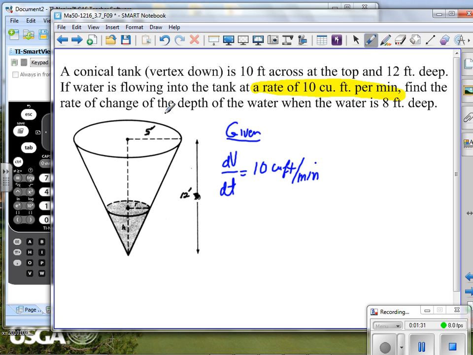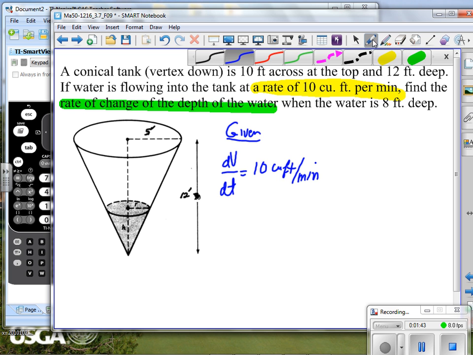Find the rate of change of the depth of the water when the water is 8 feet deep. Find the rate of change of the depth of water. Rate of change of the depth of the water. Once again, immediately, your derivative radar should go off. We are going to have to find,